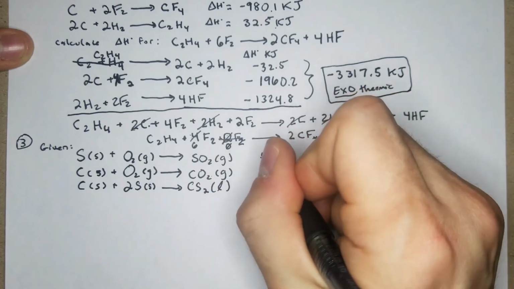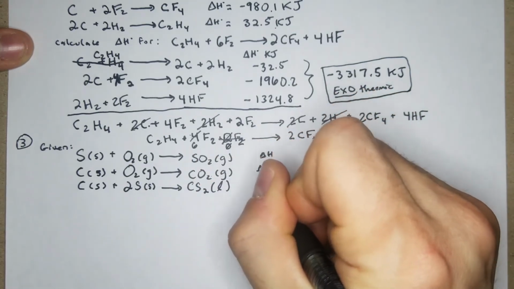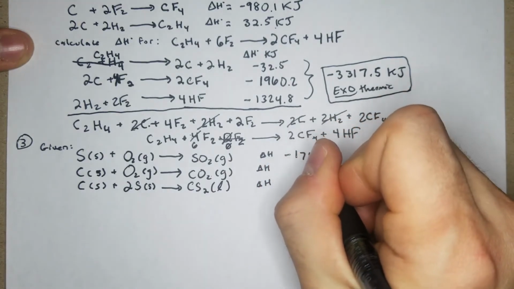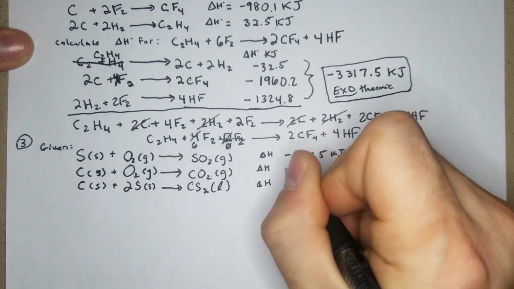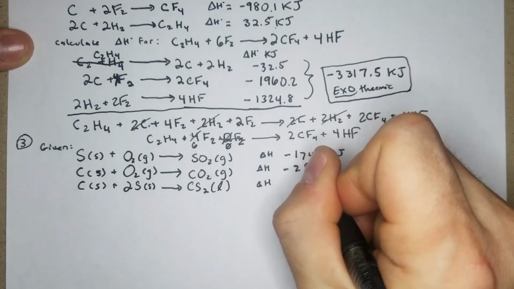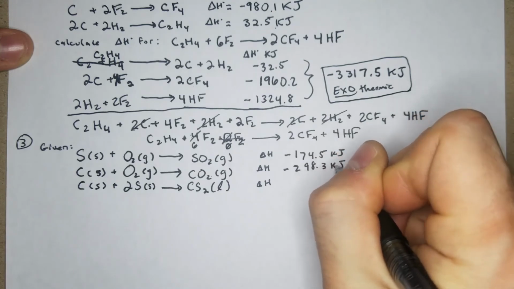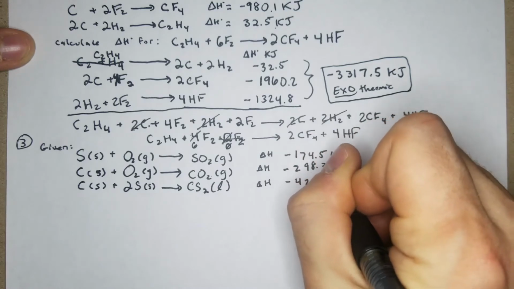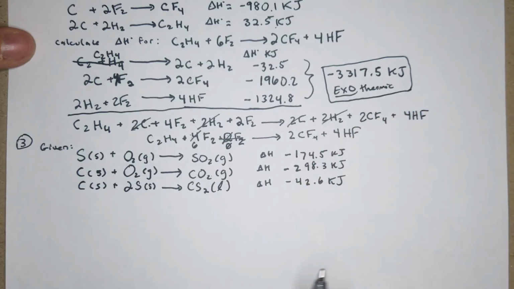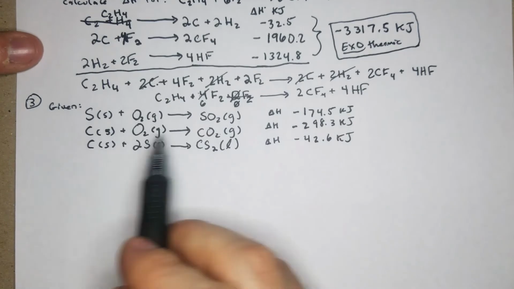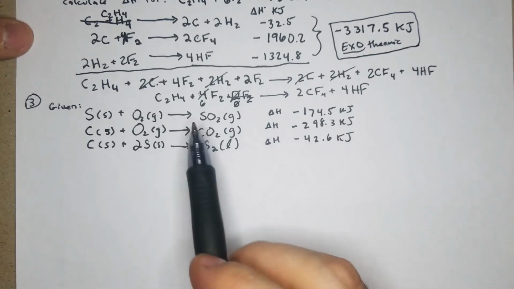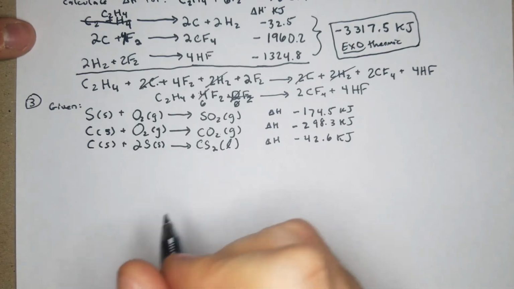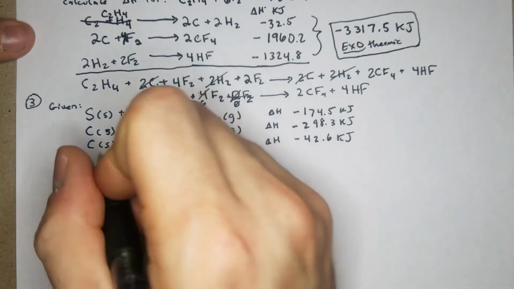And then for our delta H, we'll have negative 174.5 kilojoules, negative 298.3 kilojoules, and then negative 42.6 kilojoules. Like I like to think of it in my head, the last 3 experiments that were done in your lab all were exothermic, and these were them. Now we're trying to basically use those reactions to calculate the delta H